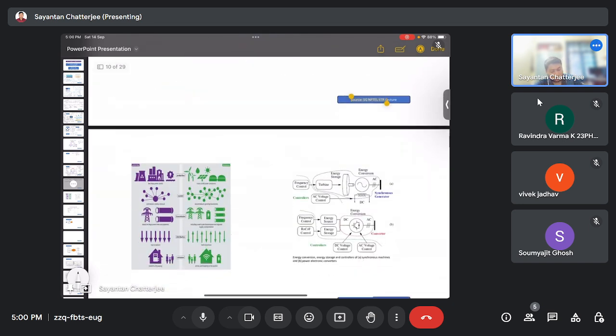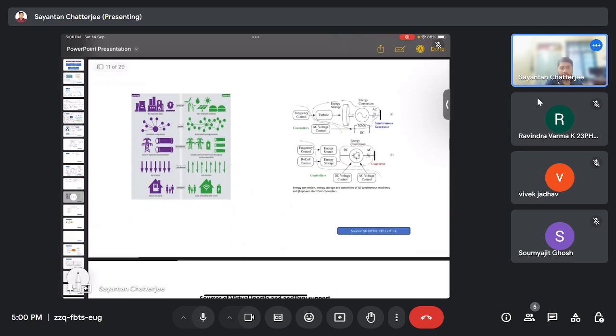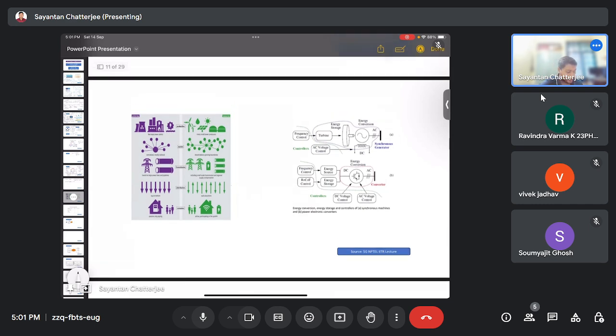So now comes the other aspect. Now it comes to the other aspects of the distribution system or microgrid architecture, we can say, or distribution system architecture, smart grid architecture. Anyway, we can say that